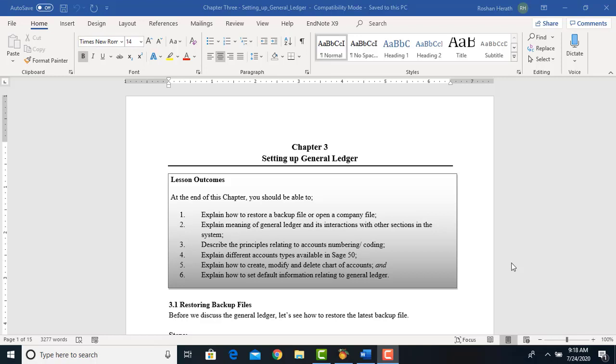Describe the principles relating to account numbering and coding. This is particularly useful when you are creating your ledger accounts, or what we call more technically the chart of accounts. There you have to assign a number, or what we call coding. You have to code all the ledger accounts that you have in the general ledger, that is, code the chart of accounts. In this video, we'll be discussing how to code the chart of accounts